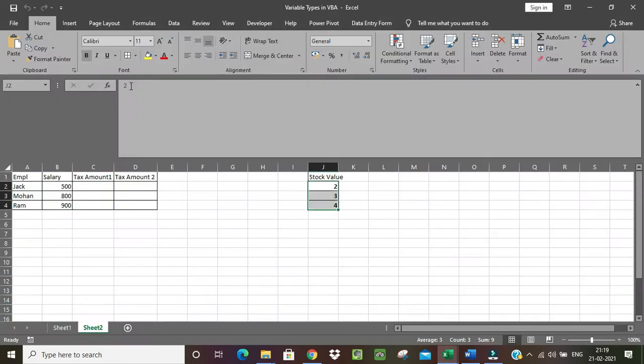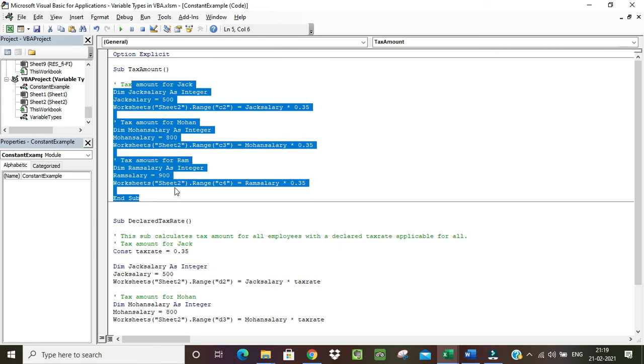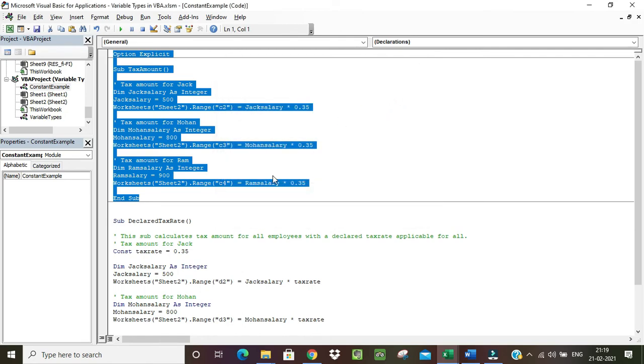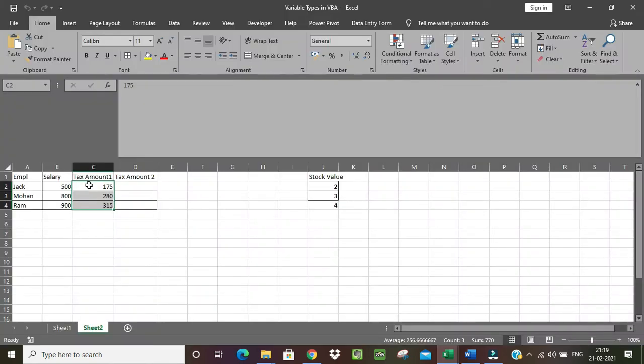We have created a table here for demo purposes, so the value should populate here. Our tax amount, that's our run. You see, this is 175, 280, and 350.